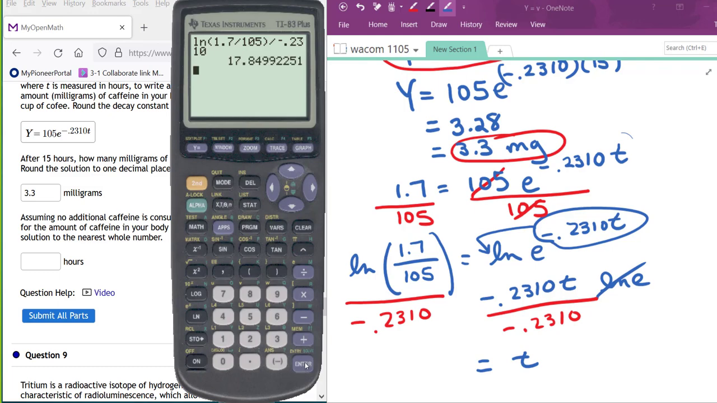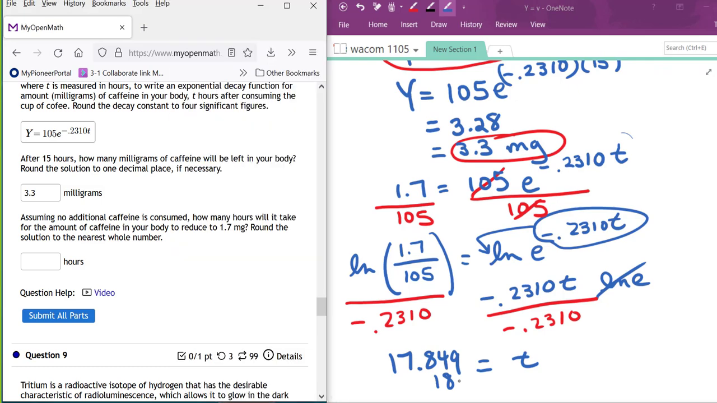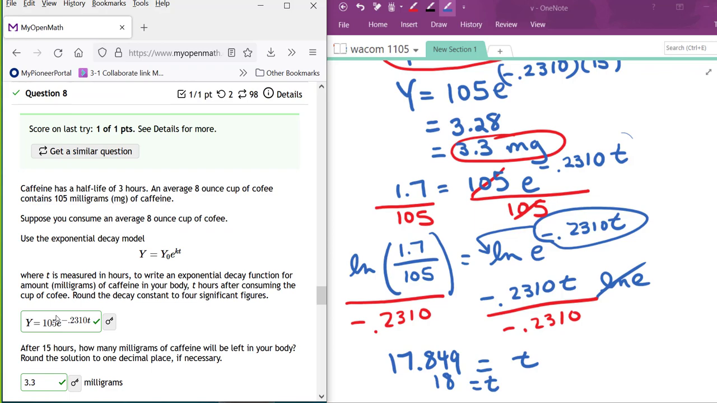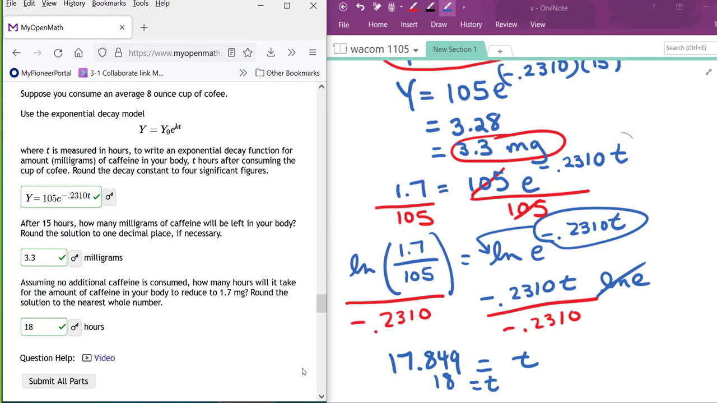Enter. So I have 17.849, and they want to go to the nearest whole number, so I didn't need all that. So 18 hours. So this would be to just get the caffeine down to that point. Very good. So those were